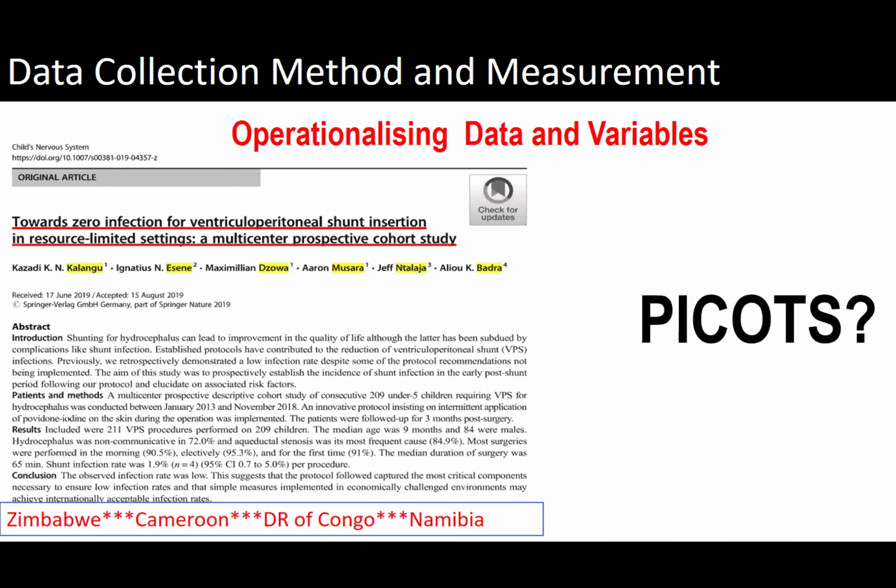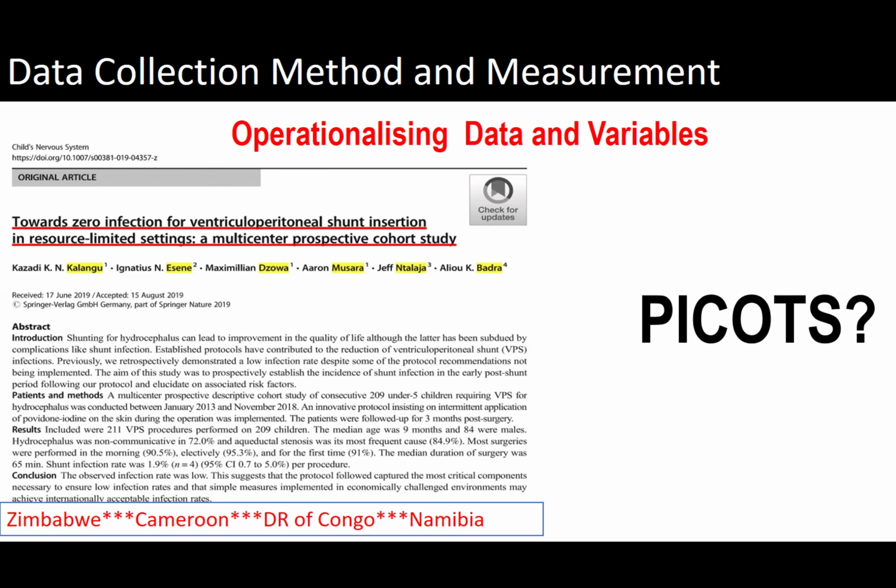Let me take a practical example in a study which we did. Okay, it was a multi-center study, looking at the outcome of infection after surgery for hydrocephalus. Last month we talked about defining the research question. We recommended that when defining the research question, it's most appropriate to use the PICOS format. That is P for the problem or the population you are studying, I for the intervention, C for the comparator, O for the outcome, T for the time frame, S for the settings or the study design.